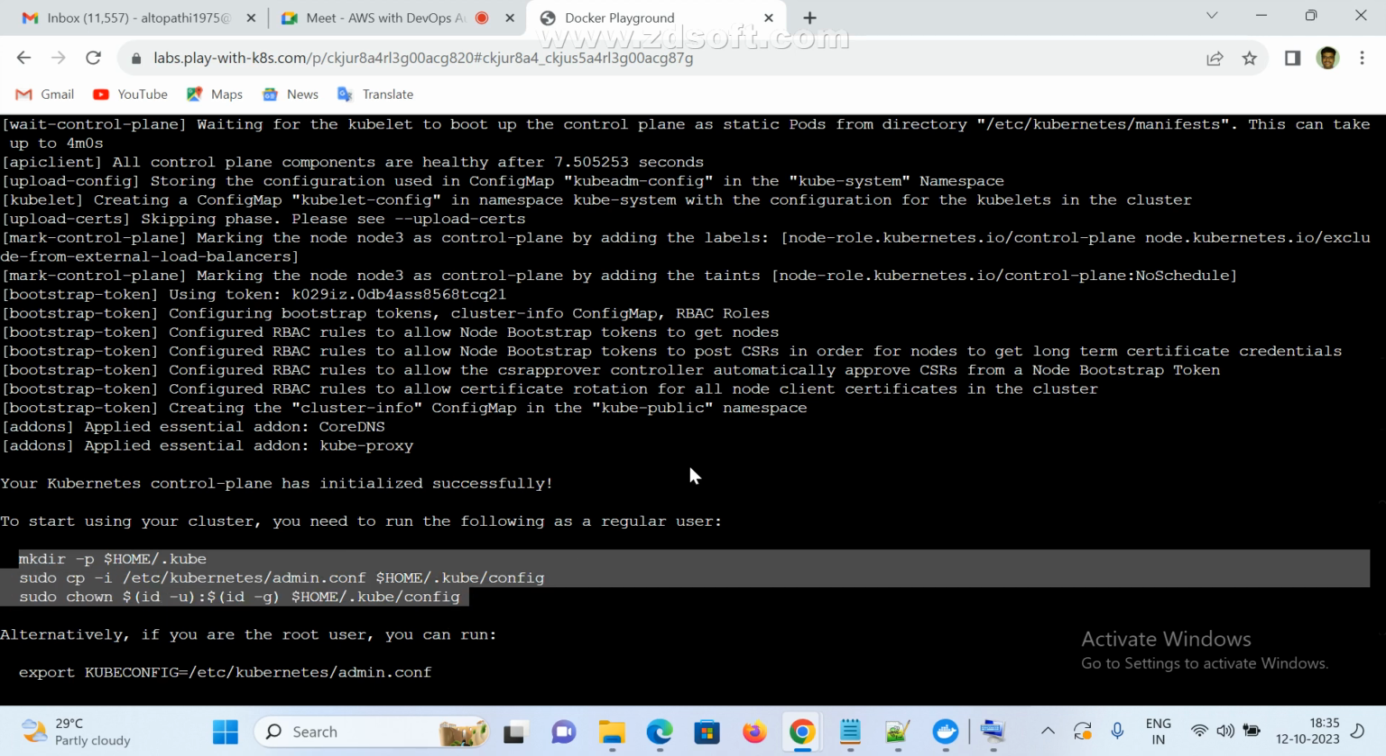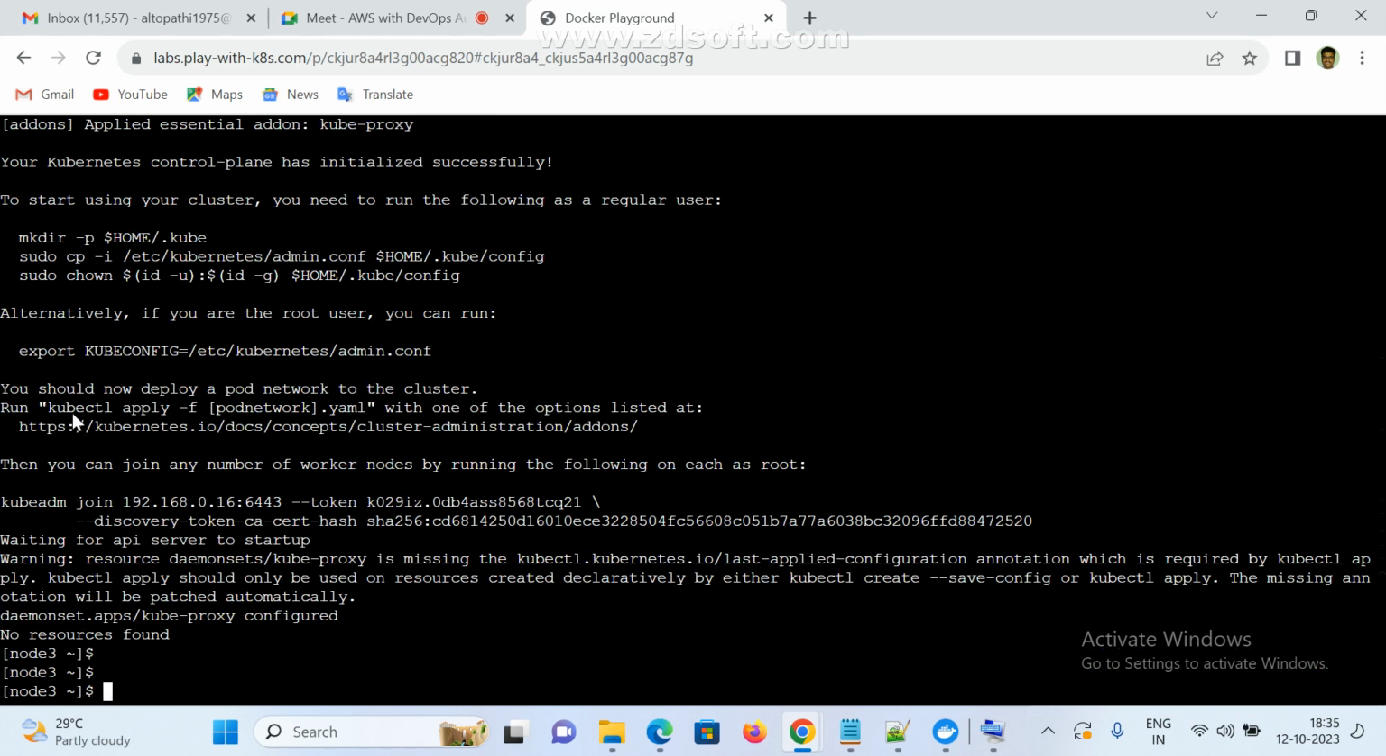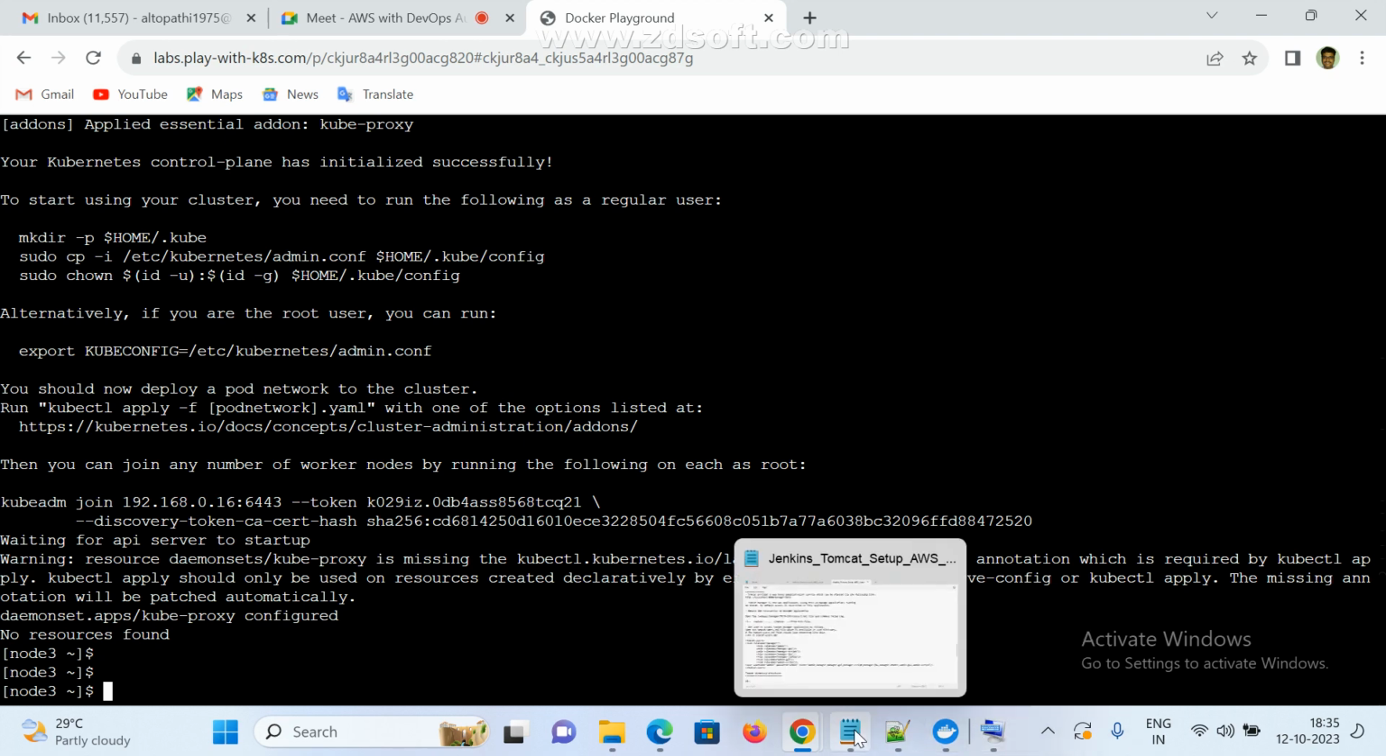And also it is showing one more command. If you go down, we need to execute this command, and alternatively, if you want to work with the root user, we have to execute this command. And also it is generating a message: you should now deploy a pod network to the cluster, with kubectl apply -f. That is already done. And you can join any number of worker nodes. For example, if you want to join one worker node to your master. So now if you see here,